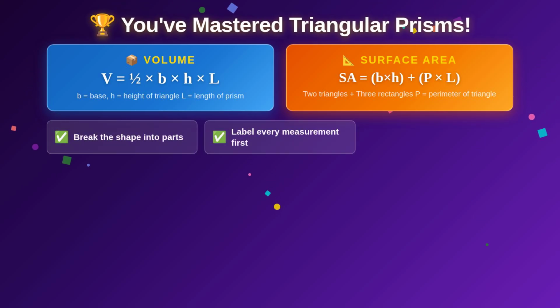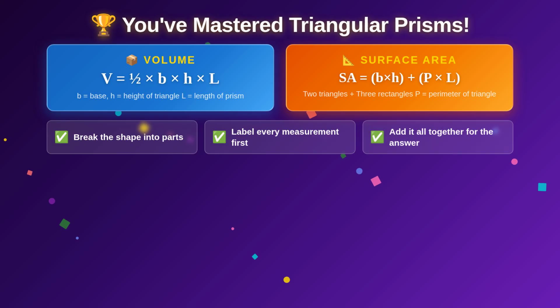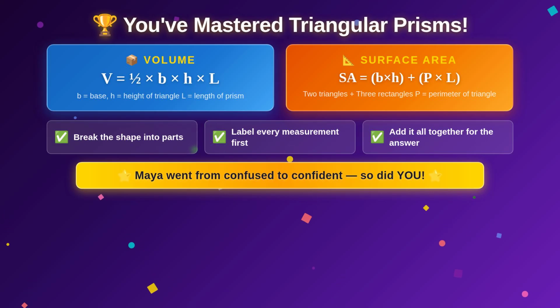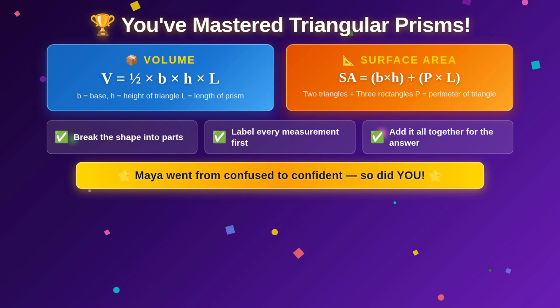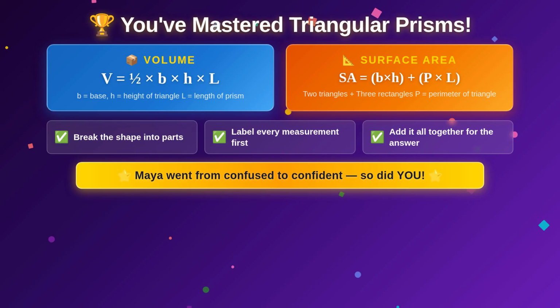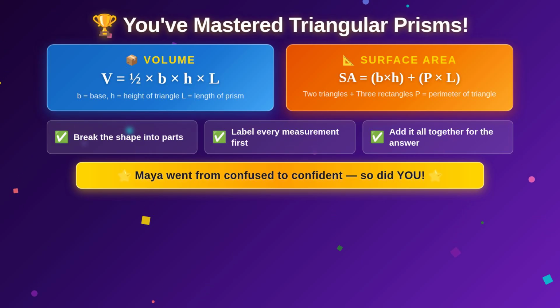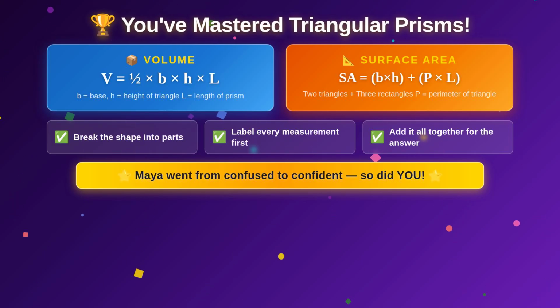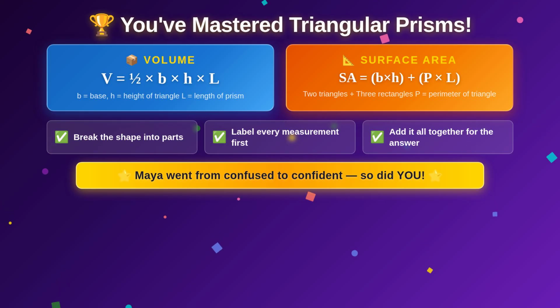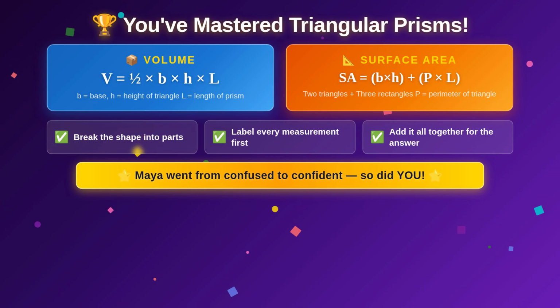Remember when Maya stared at that blueprint with no idea what to do? Look at her now. She can find volume and surface area like a pro. Let's recap the key formulas. For volume, 1/2 times B times H times L. For surface area, B times H for the two triangles, plus the perimeter of the triangle times L for the three rectangles. The secret is to break it into parts and tackle each one. You've got these tools now. Triangular prisms have no more secrets. Keep practicing, and you'll be the math MVP of your class. You've totally